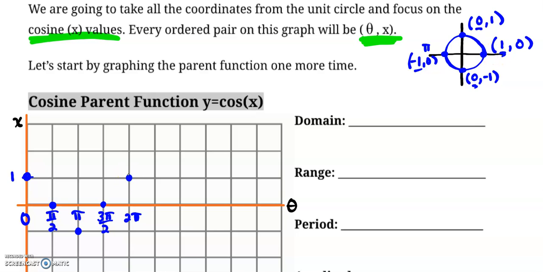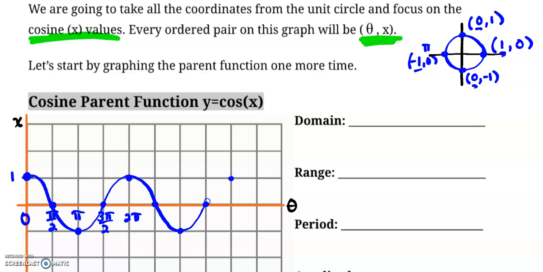So notice, once again, we have a repeating pattern where we are above and below the horizontal axis. It's just that cosine starts up here at the top, goes all the way down, and then comes all the way back up. And then if you wanted to repeat that for a second cycle,